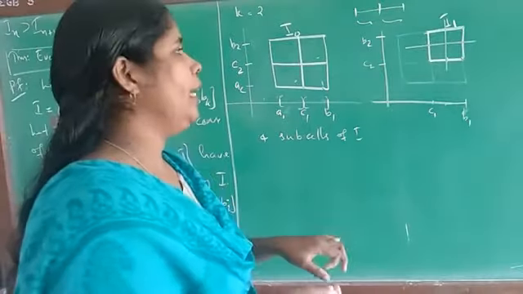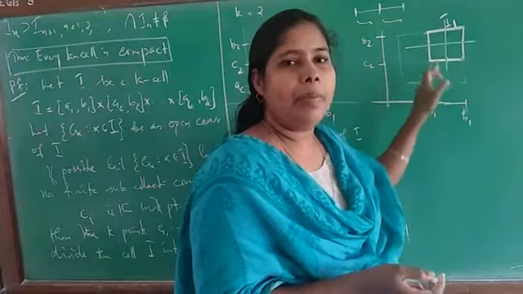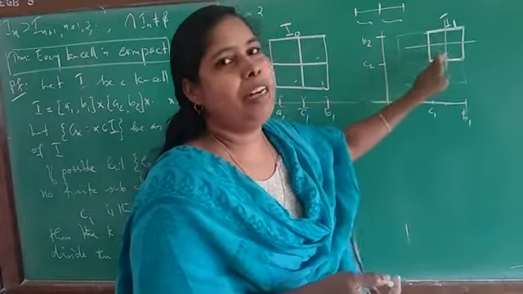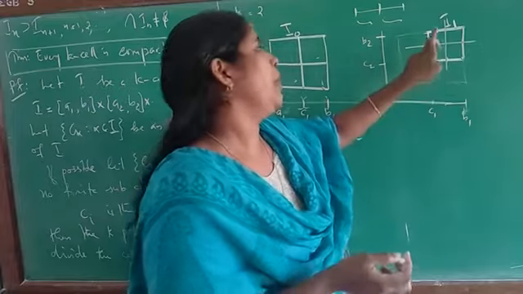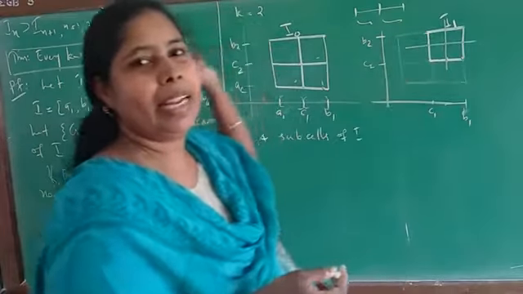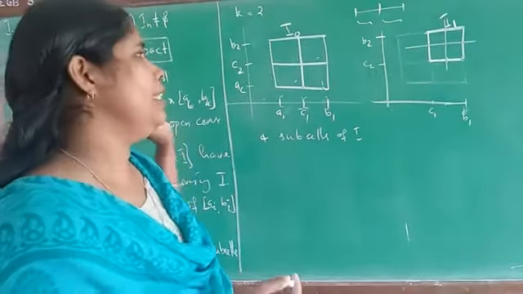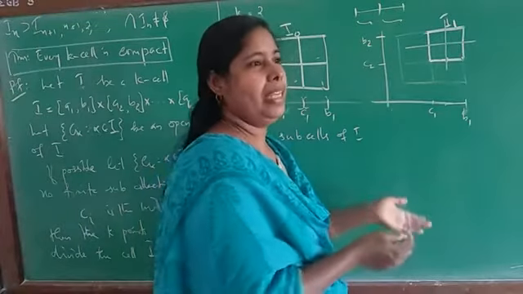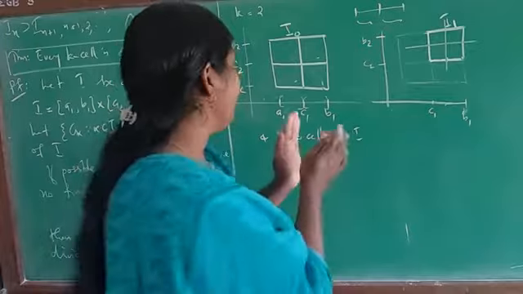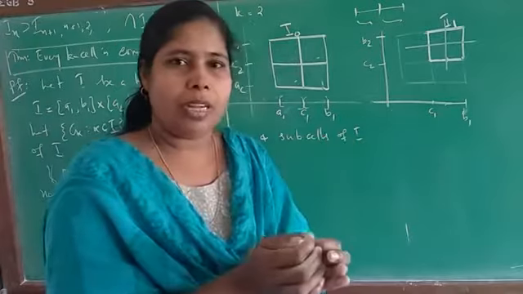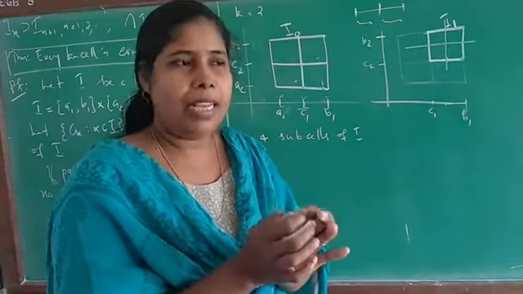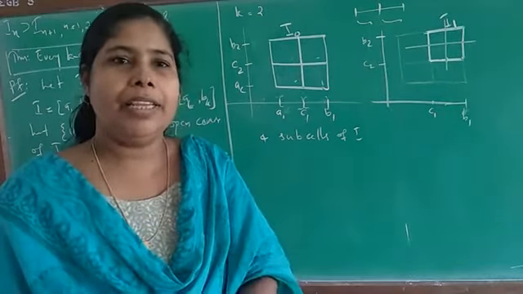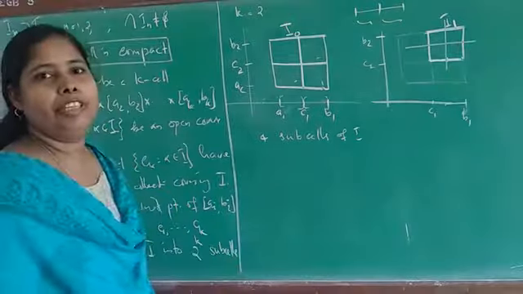Again, as I1 is not covered by finitely many G alphas, we can find some subcell of I1 which is not covered by any finite subcollection of G alpha. So this process you can repeat. That means from I we come to a smaller one, a subcell I1, and from that we come to another subcell I2. So we have a sequence of cells.